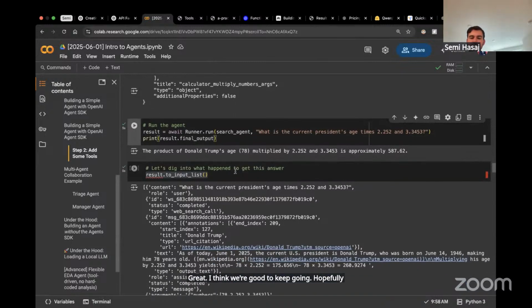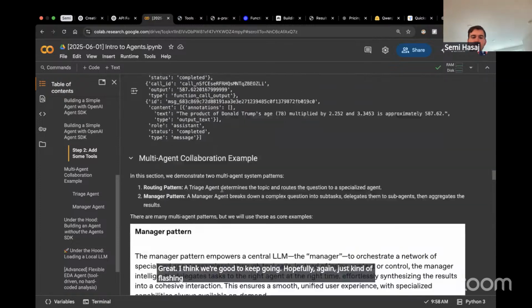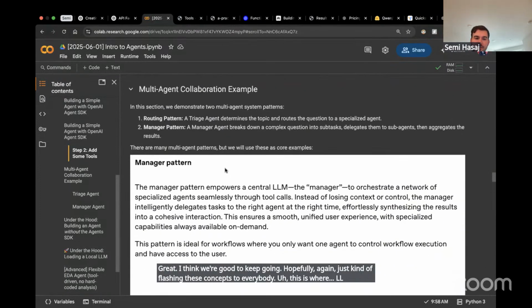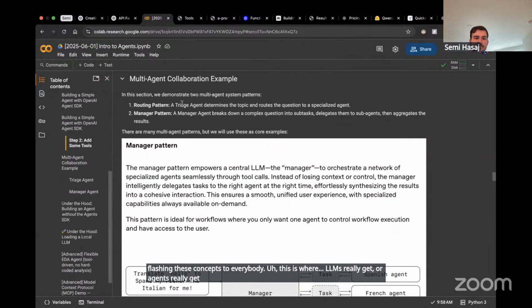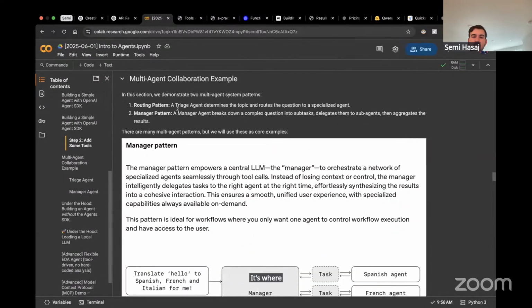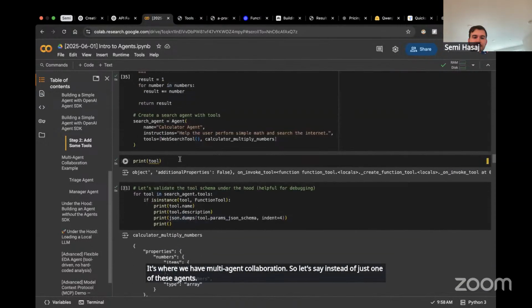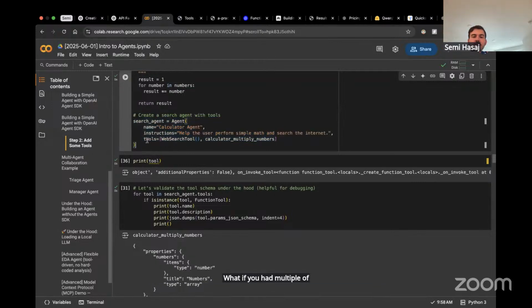Hopefully, again, I'm just flashing these concepts to everybody. This is where agents really get interesting: multi-agent collaboration. Let's say instead of just one of these agents, what if you had multiple of them, each with access to their own set of tools, able to interact with each other?